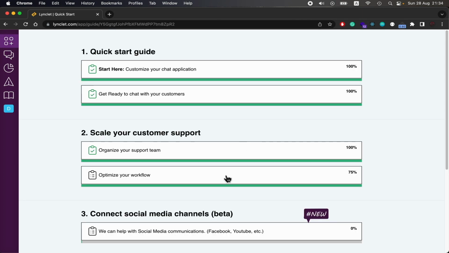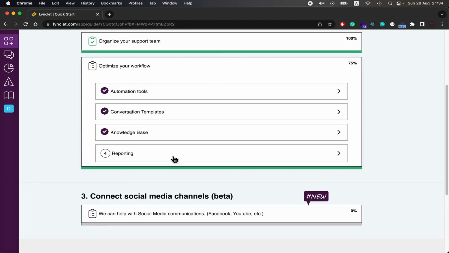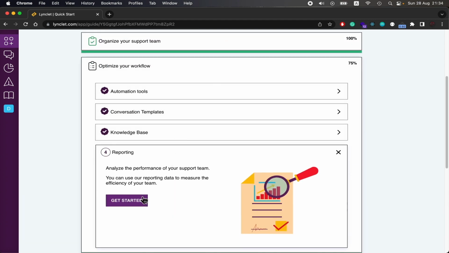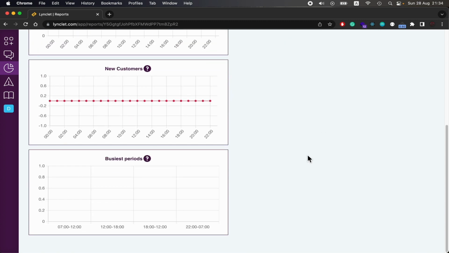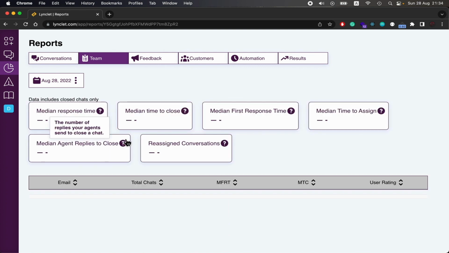Let me show you finally our reporting tool. So the reporting tool, click on the Get Started button. It will redirect us to the reports page. Here only the owner of the workspace has access to the reports. You have complete information about all of the conversations, open conversations, closed, what are the busiest periods when you receive chat requests from customers, very detailed information about your team